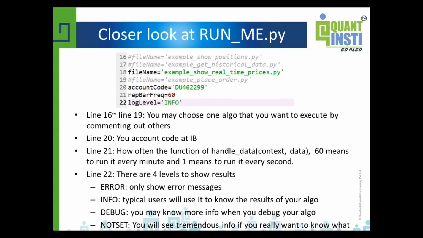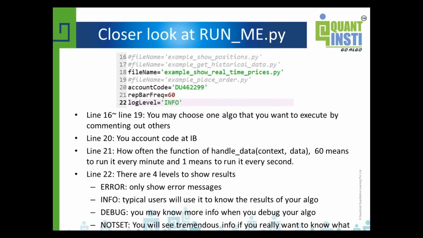When you are in debug mode, there's more information about how your program is run in IBridgePy. If you want to know every detail of your program, then you can set it to not set, which shows everything. It's a lot of information. It's not easy to use actually, but it shows you everything.